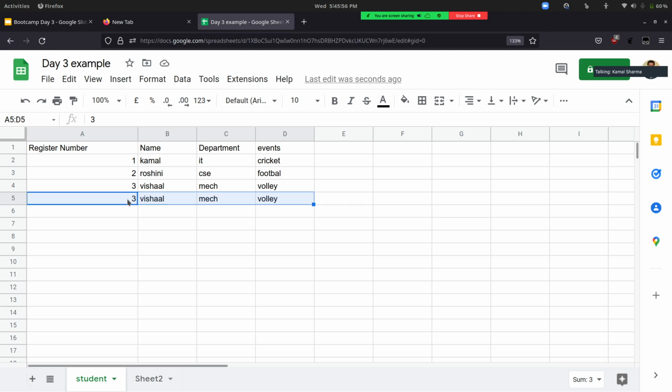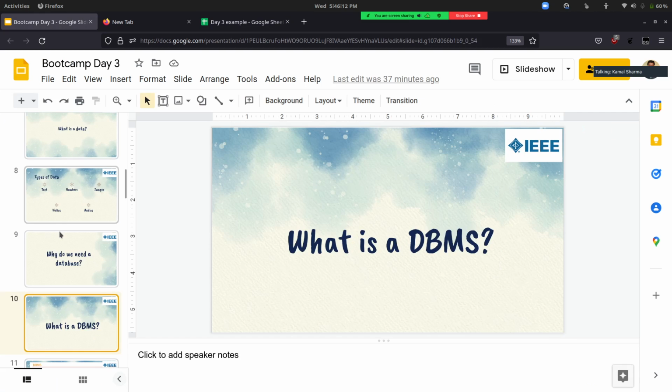When the file size increases, we split it, and that in turn makes accessing the data very difficult. So it is for that purpose that we switch over to a database management system.